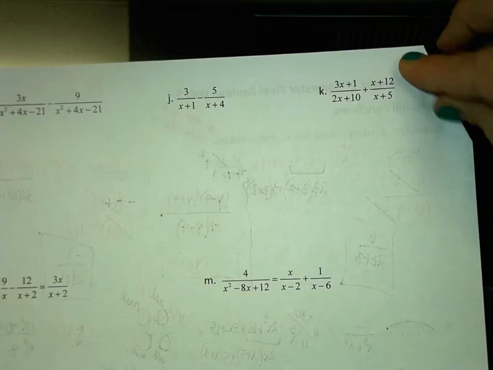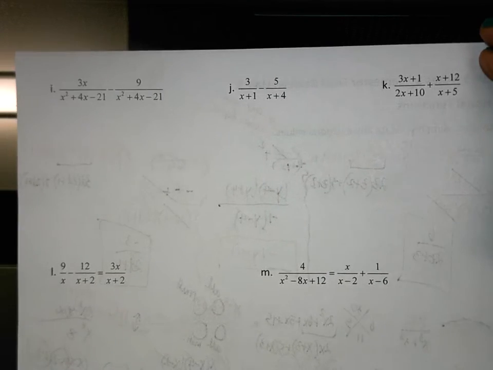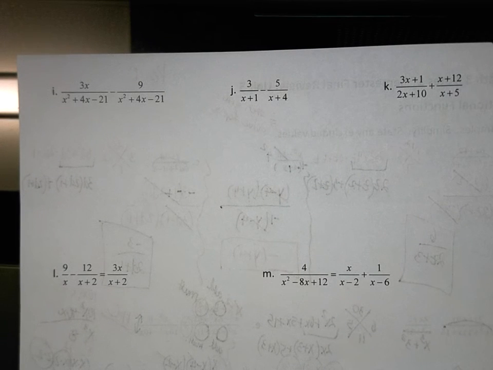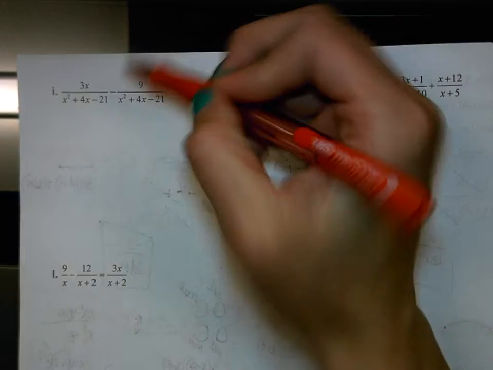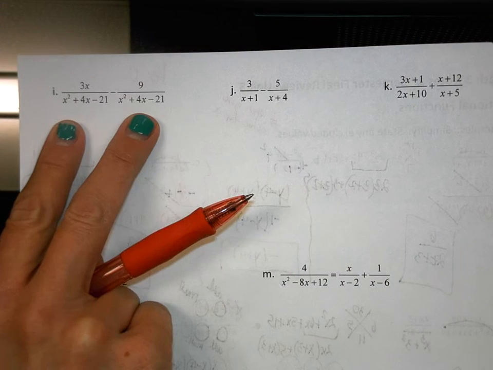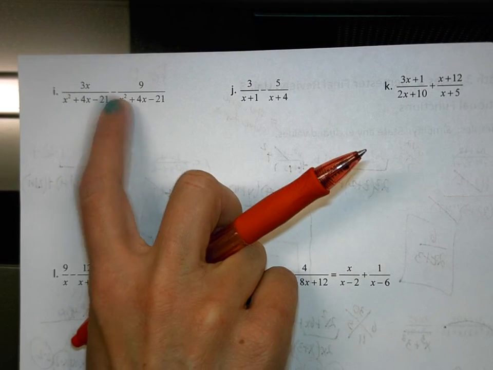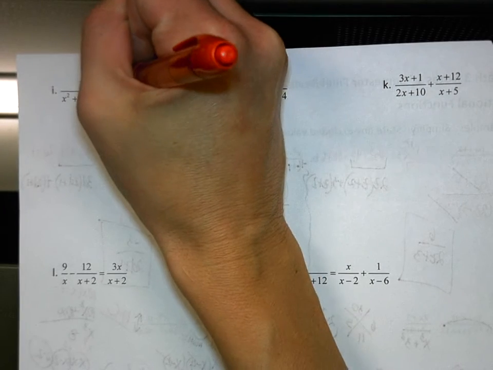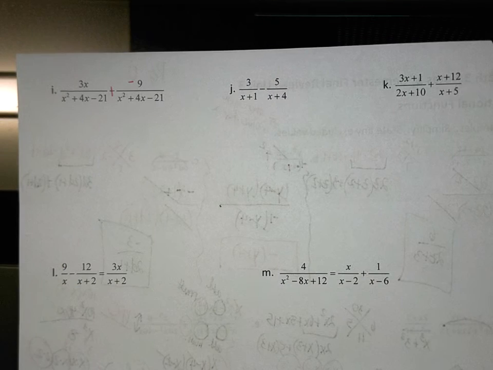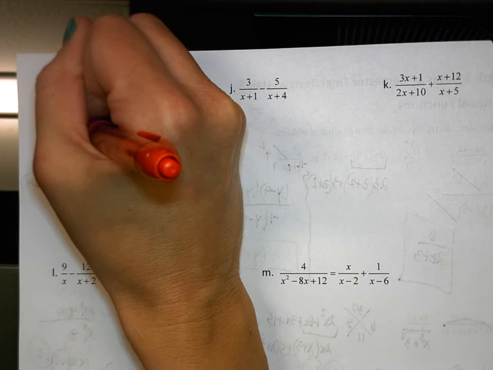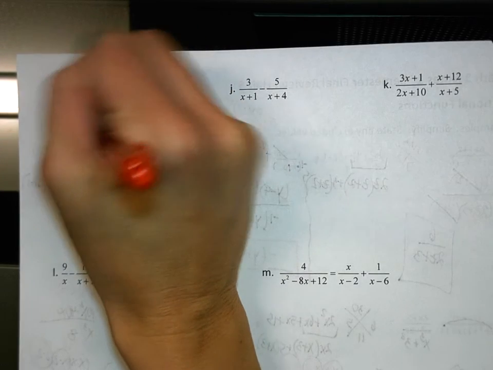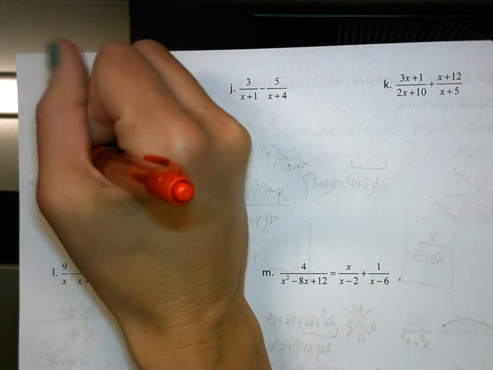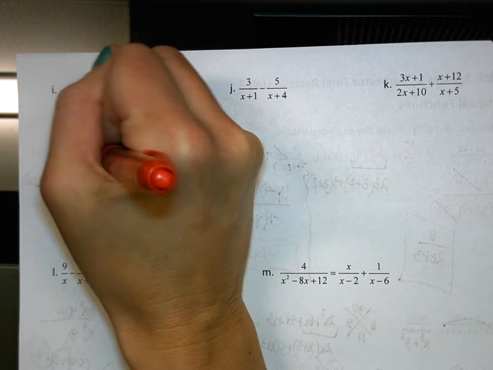What do I need to do there on I? Distribute. Very good. You're going to distribute this negative because our denominators are the same, but we have a minus sign, and so that needs to go at the top or the bottom. We're going to make it go at the top. So we have a minus there, and we change this to a plus. So when I write this now, I have what on the top? 3x minus 9 over